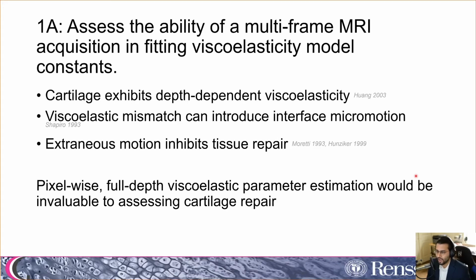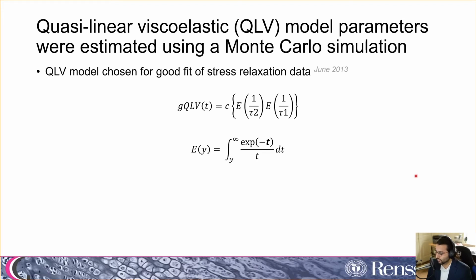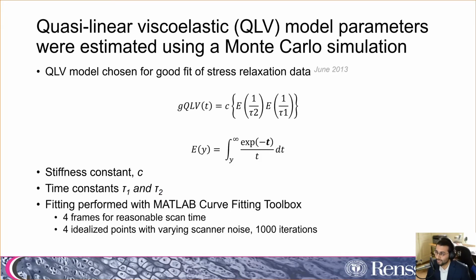So to do this, I start with a quasi-linear viscoelastic model. This model was chosen for a good fit of relaxation data, both in vitro and in silico. I have two exponential functions, which are modified by a stiffness constant, and use these exponential functions with time constants tau1 and tau2. The fitting was performed with the MATLAB curve fitting toolbox. We found in preliminary studies that we can image 4 frames during a loading plateau and still get a reasonable scan time. So we tried to fit this curve